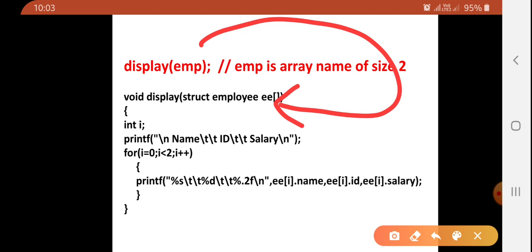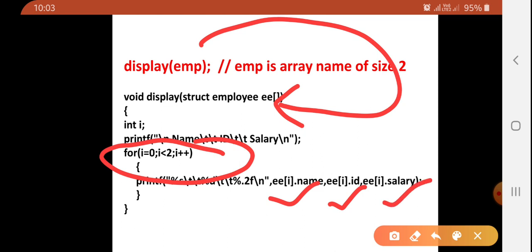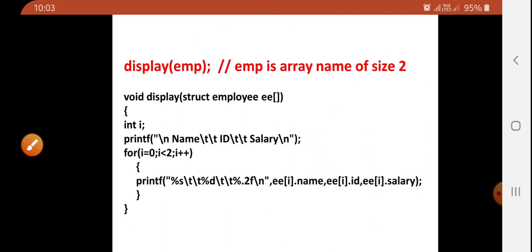And we are just iterating over a for loop and displaying on the screen. So emp[0] will be copied into e[0], emp[1] will be copied into e[1], and emp[2] will be copied into e[2], and so on, up to the array size. We have taken size 2 here, that's why we go up to 2, that is 0 and 1. Okay, thank you.